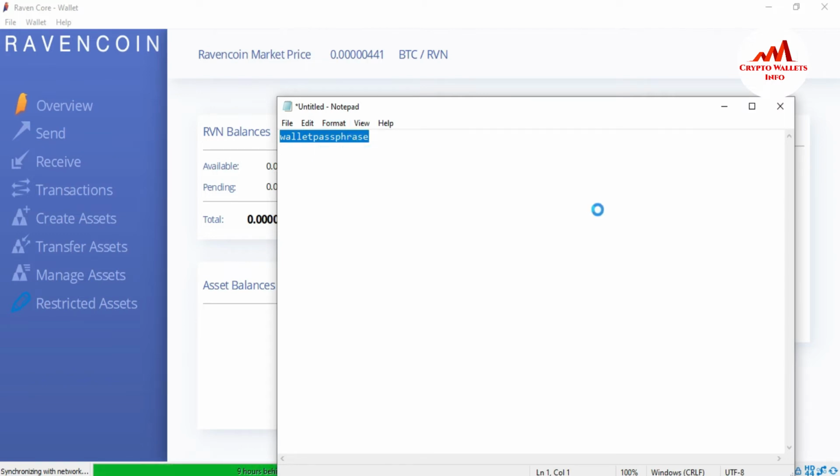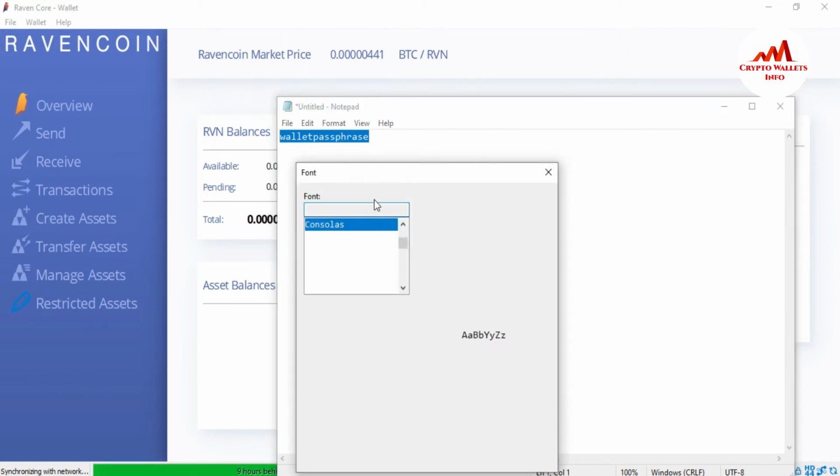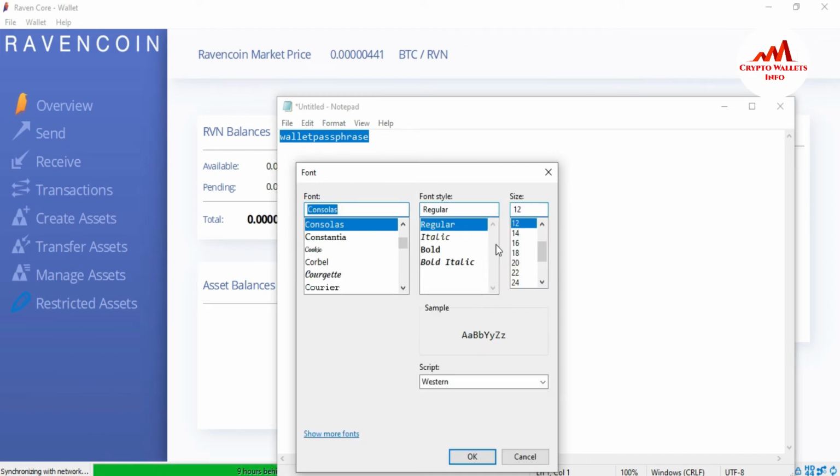You can use the same scenario with the Bitcoin Core wallet, the Dogecoin Core wallet, and any other core wallet. You can use the same scenario if you need to import or unlock your wallet, with the same commands. Let's suppose I need to first unlock my wallet, and after that I can import any wallet with a private key.